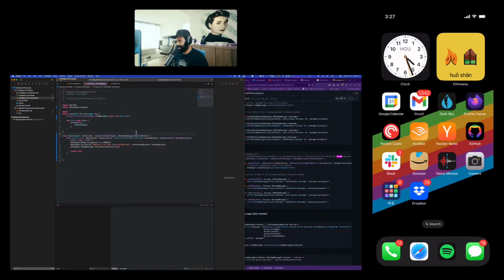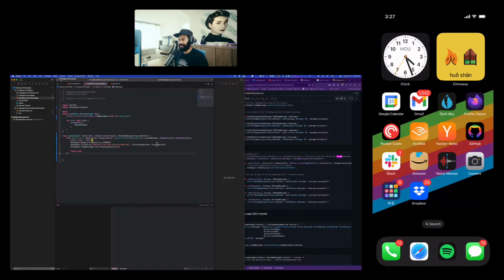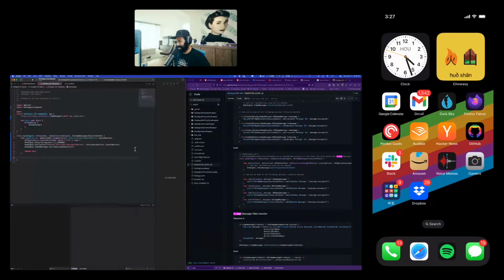Or why is this not... Okay, I was expecting that it would just say, hey, you don't have these things, do something, but it's not going to do that. So I don't know why I expect Apple to have a decent development experience. I should just give up expecting that. All right, so at least it knows that it should be there. It's just not smart enough to do it.